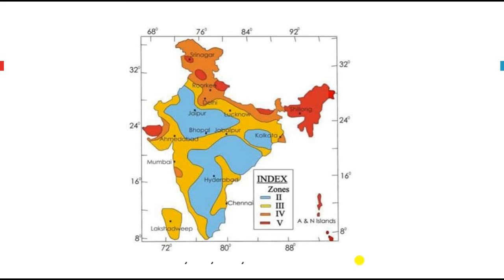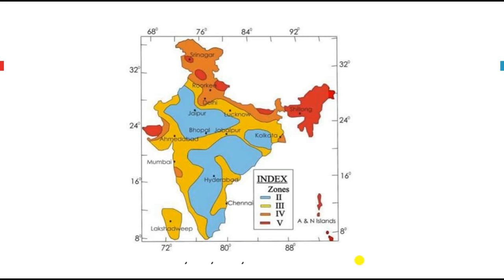Earthquake zones in our country are divided in this sequence: Zone 1, 2, 3, 4 and 5. At present, five zones are in use. Zone 5 is very severe, and Zone 1 or Zone 2 is much easier. In those portions, the probability of an earthquake occurring is very low.